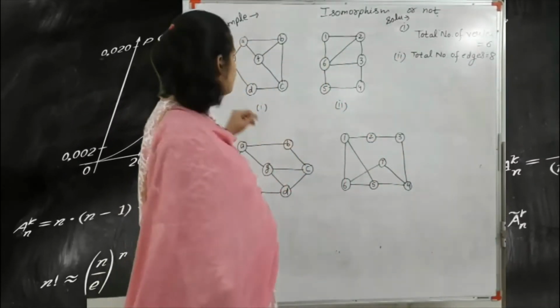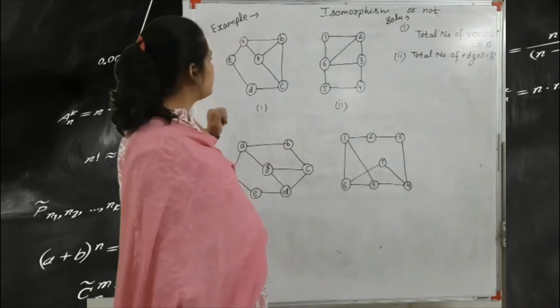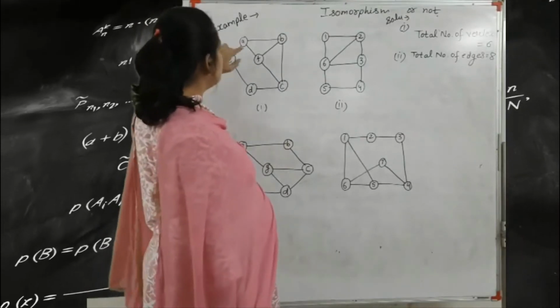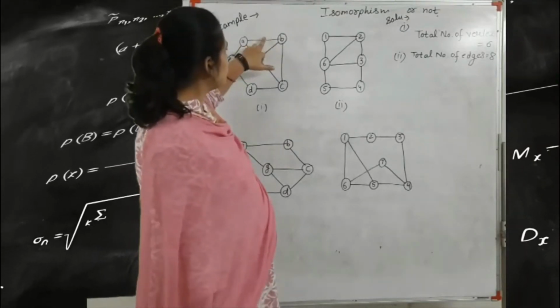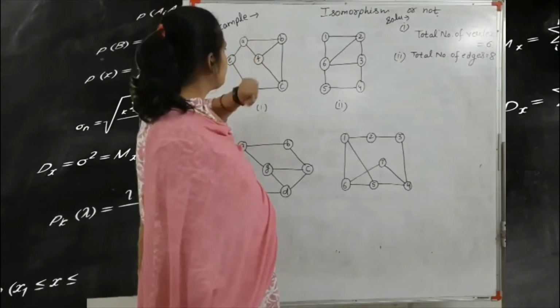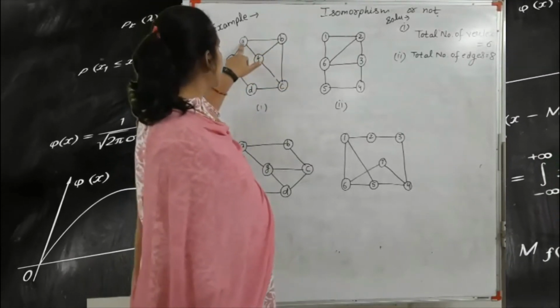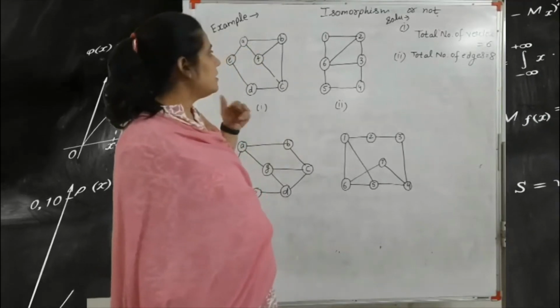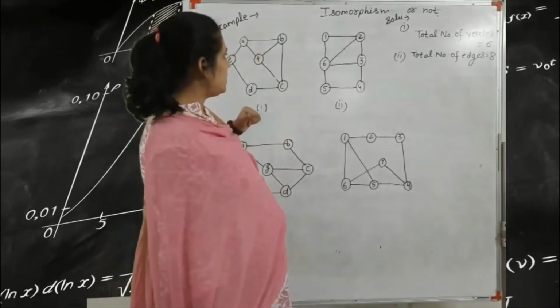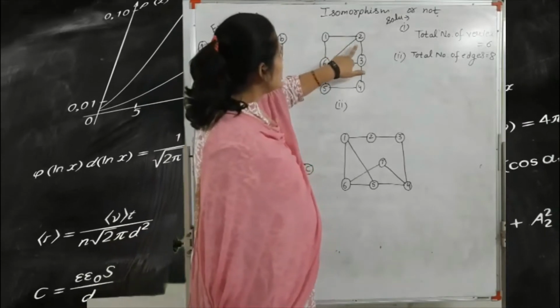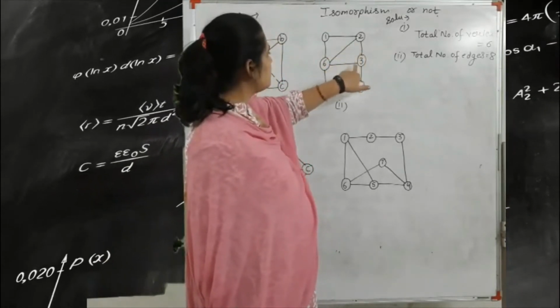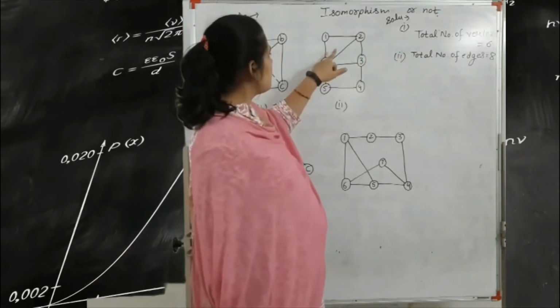Third one is we find out the degree. That means here we have B with degree 3: 1, 2, 3. F has 1, 2, 3. C has 1, 2, 3. And A has 1, 2, 3. So here the degrees are 3, that means here we have the degree 2, 1, 2, 3, degree 3, 1, 2, 3, degree 6, 1, 2, 3.